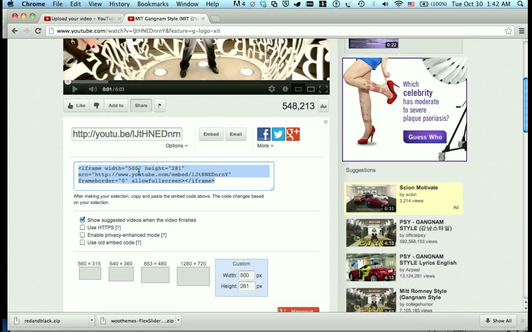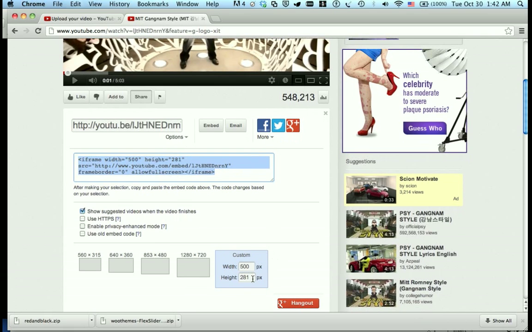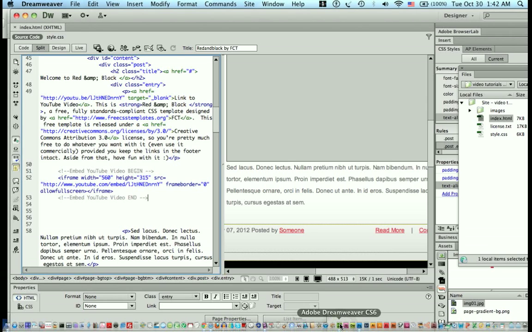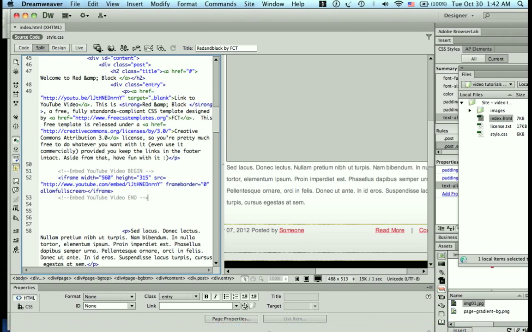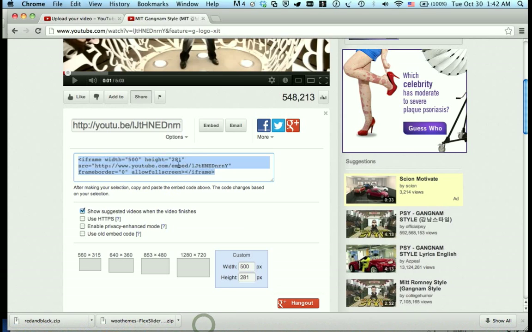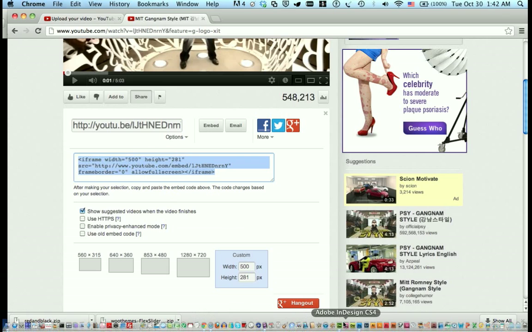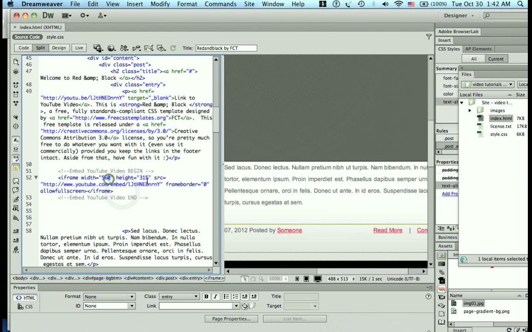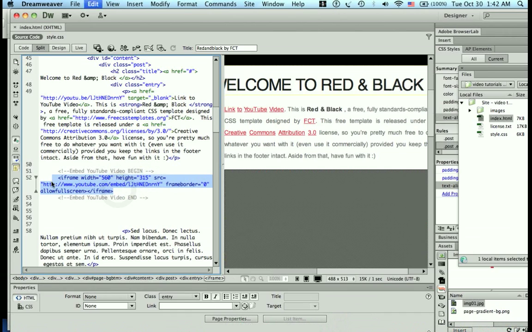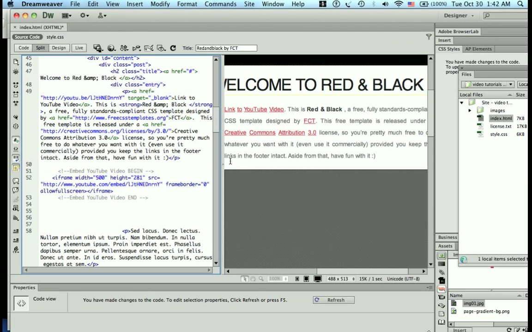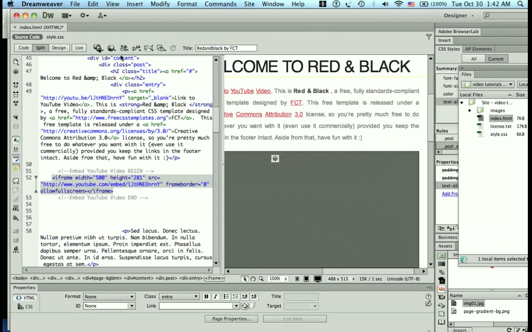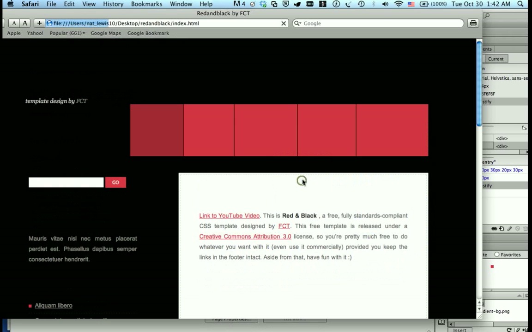All it really does is change the width and the height over here, so instead of necessarily going back to YouTube to do this, you can always just do it directly in Dreamweaver. But this is helpful to find the dimension of, say, the height if you know the width. So if I go back to Dreamweaver now and update that, I should have copied it. Okay, I'll just copy this. Or in the other case, just know the values for width and height and change it directly in Dreamweaver. I'm targeting the width and the height, which I could change, but I'm just going to paste over again. So width is 500 pixels, height is 281, so it makes it a little more snug to fit into this box. And when I preview it,